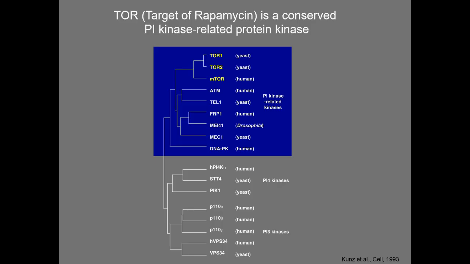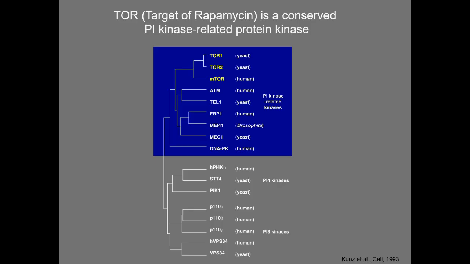And the name TOR, originally given for the 2 TOR proteins from yeast, has been kept for all organisms with a prefix to indicate where this protein is from. mTOR originally meant mammalian TOR, but it's now been corrupted to mean mechanistic TOR as well. Yeast turned out also to be somewhat unusual in that it had 2 TOR genes and therefore 2 TOR proteins. All other eukaryotes have a single TOR protein, and we'll come to this later as well. So this is where we were in the mid-1990s.